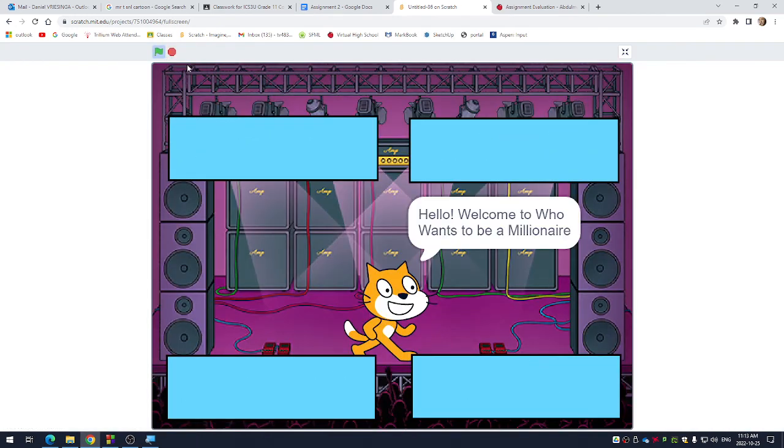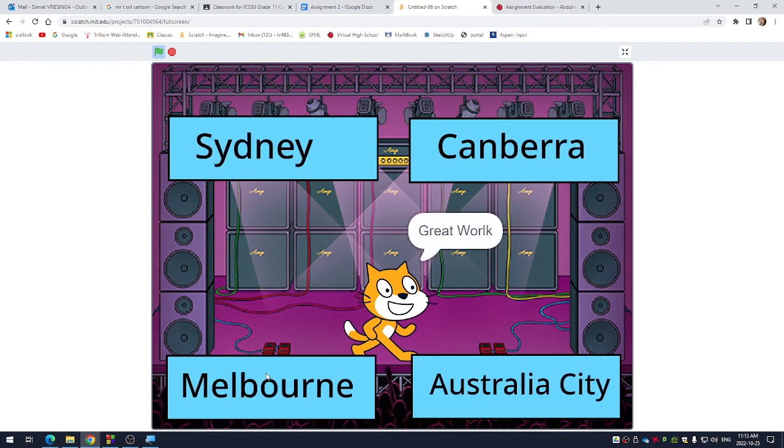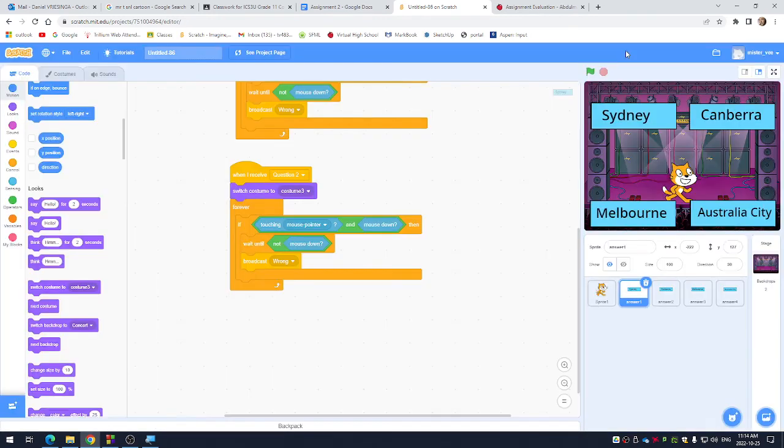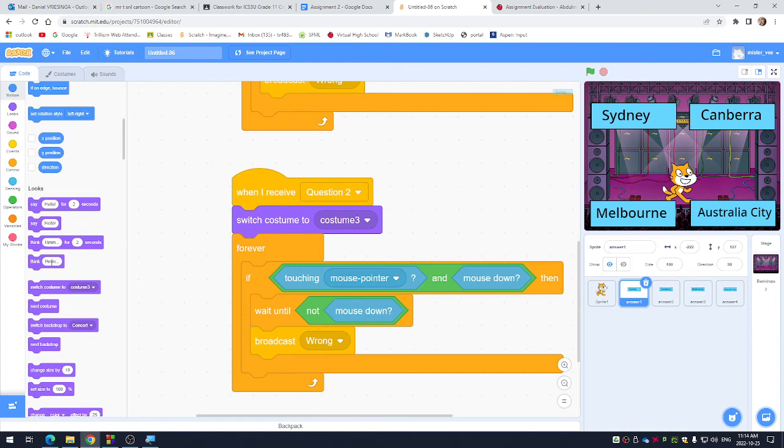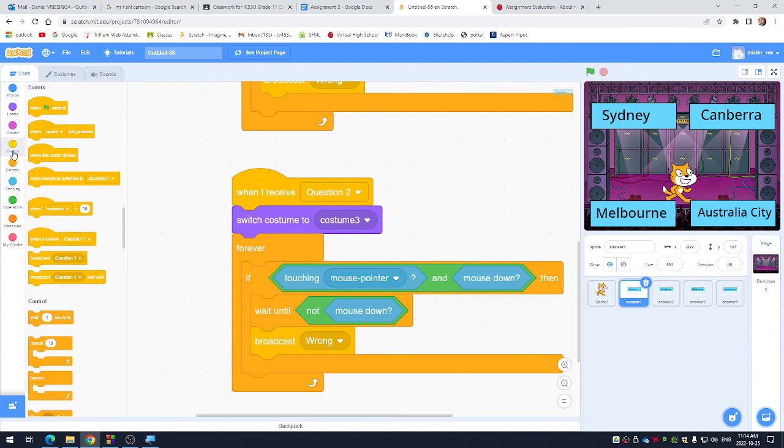I get the right answer. What's the world's largest mammal? Blue whale. Whoa, great work. What's the capital city of Australia? Now we can go in and check. All of these are wrong for now, I think. Actually, that one's not. Okay, Sydney's wrong. So we broadcast wrong. Happy with that. One thing we need to do though, and we'll need to do this on all other sprites as well,